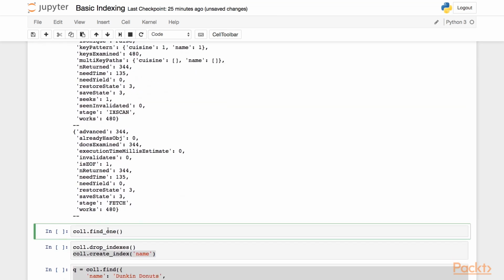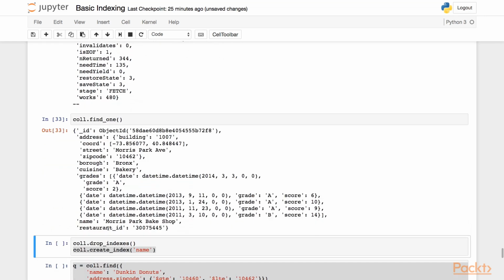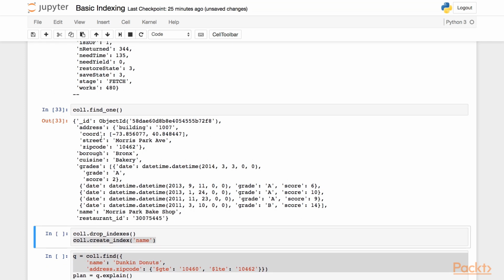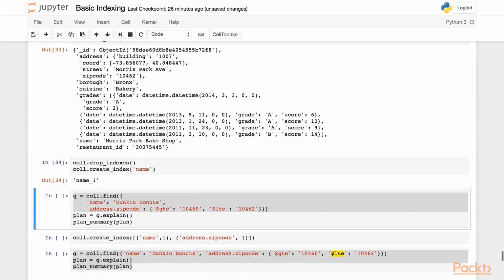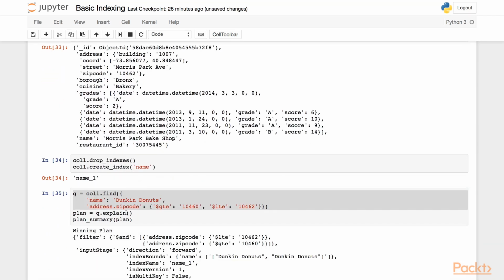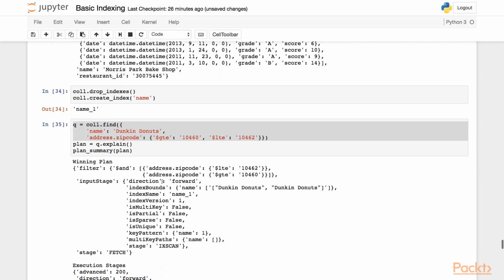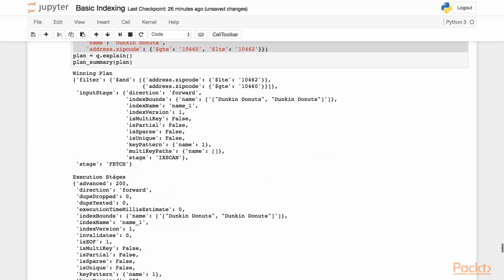So if we want to find a single document here, we can look and see what are some other fields we can query on, and we can see that we've got a zip code here, so it's address.zipcode. So let's go ahead and drop our indexes and create a name index, and we'll look at doing a range query now. So this is a range where we want to find all of the Dunkin' Donuts in zip codes 10460 through 10462. So in this case, I'm going to do that explain and then the plan summary, and we'll